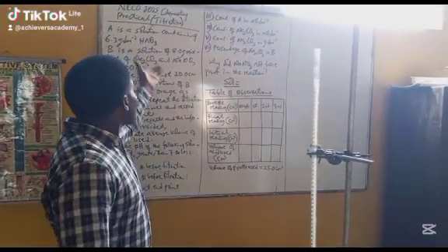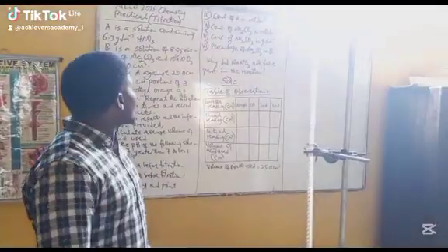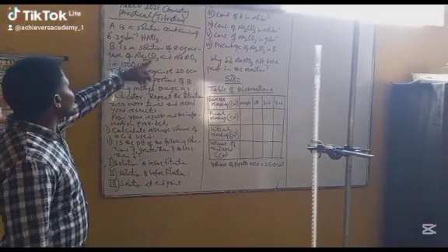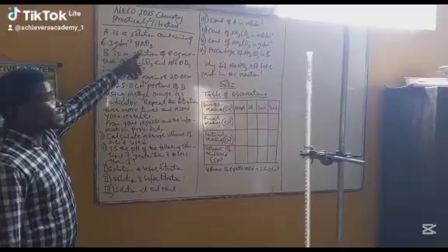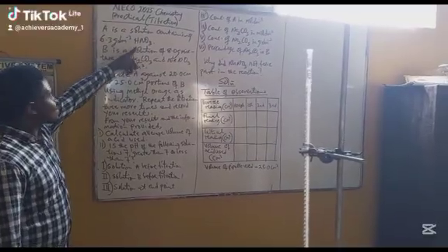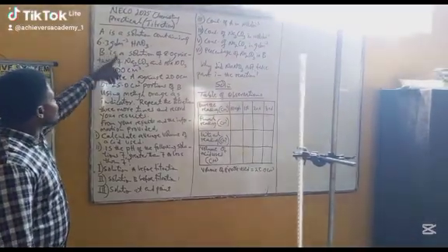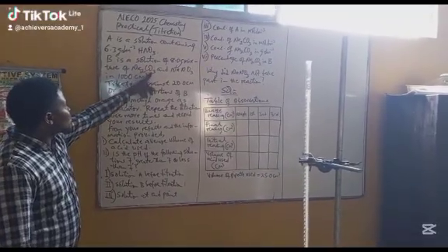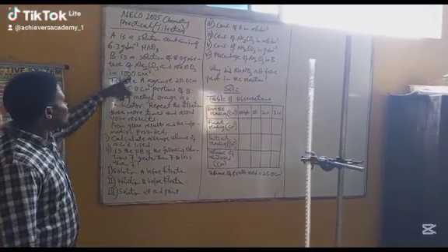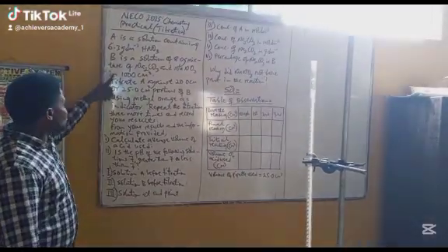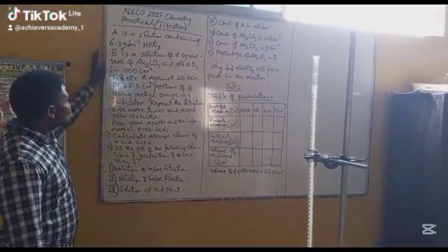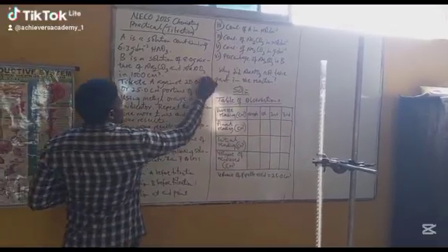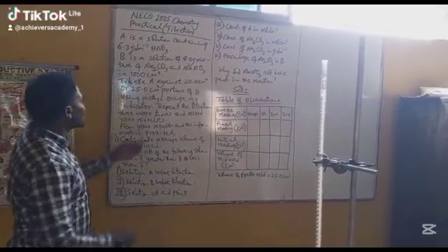Today we are going to be looking at the 2025 WAEC practicals titration. Now, looking at the question, it says A is a solution containing 6.3 grams per dm cube HNO3, that is trioxonitrate(V) acid. B is a solution of 8.0 grams mixture of sodium trioxocarbonate(IV) and sodium trioxonitrate(V) in 1000 cm cube. Now the instruction says titrate A against 20.0 cm or 25.0 cm cube portions of B using methyl orange